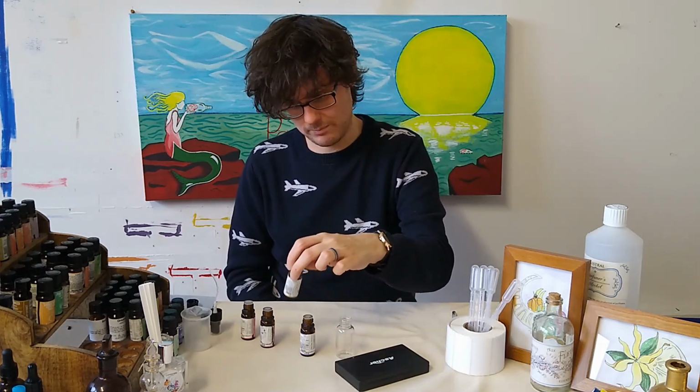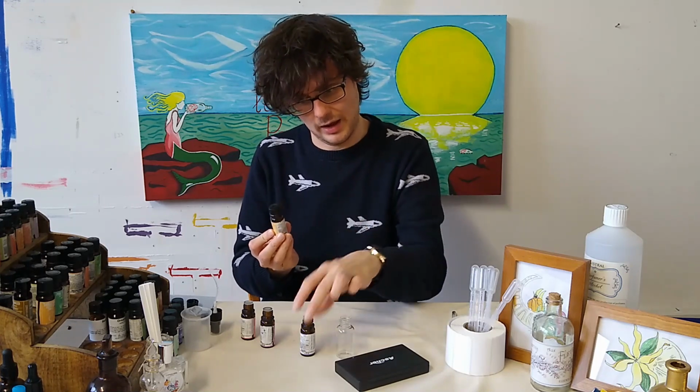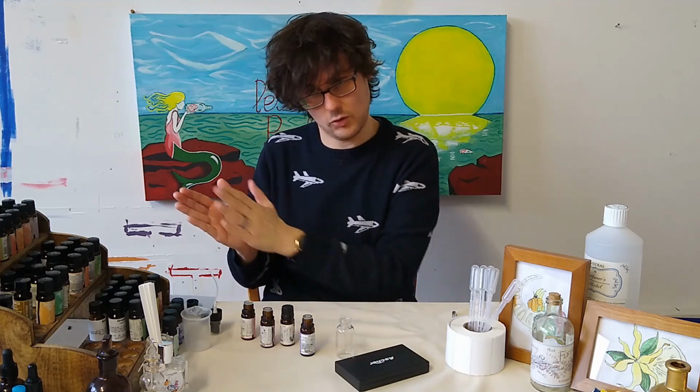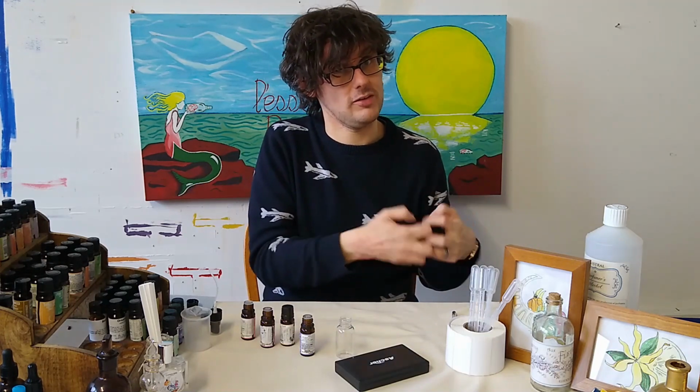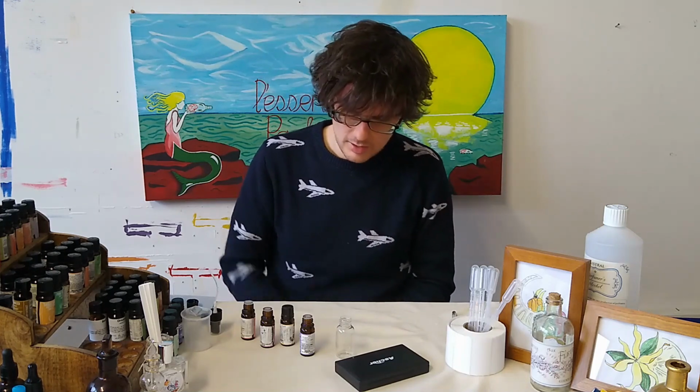So it's a relatively easy fragrance to make, one that I quite like making because the mandarin is very light, and the Liang Liang is quite heavy, so it starts off light and ends up progressively richer and deeper, and I quite like that as a narrative, if you like, of the concoction. So the mandarin is the top note,